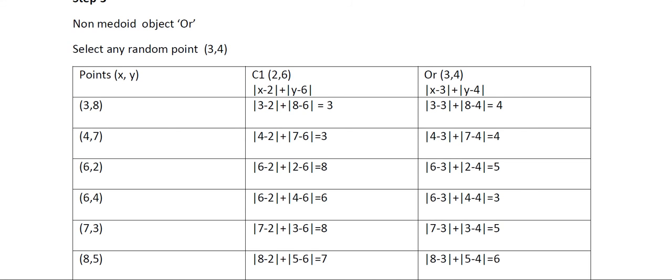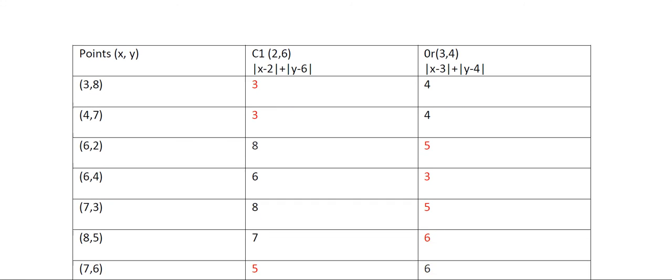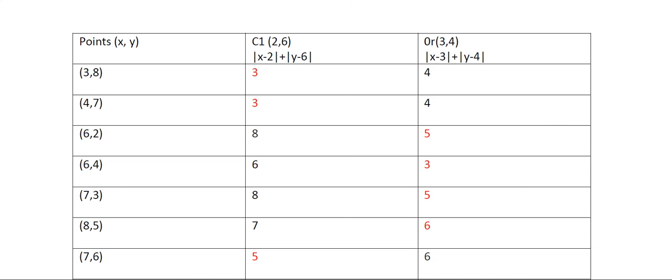Now whatever you did earlier for clusters C1 and C2, the same thing you have to do with this also. Here also you have to find the least value. We'll see 3 and 4. Which one is the least value? 3 only. For 3 and 4, again 3, 8 and 5: what is the least value? 5. 6 and 3: again the least value is 3. Like that, we have to find our least values. So in this table I showed you 3, 3, 5, 3, 5, 6 and 5.